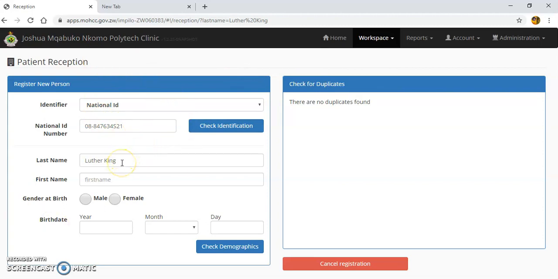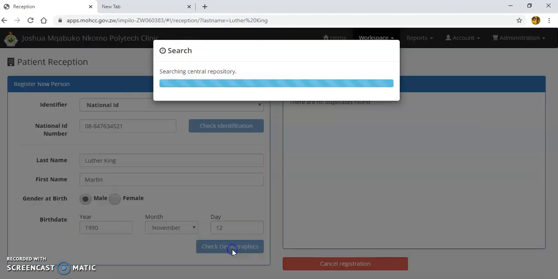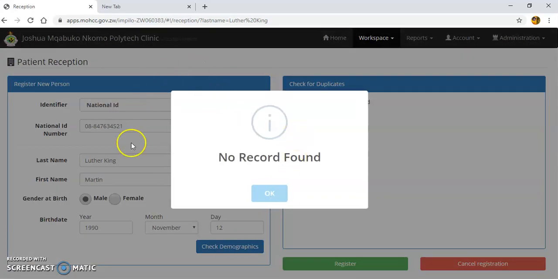So the last name is King, and the first name is Martin. So I'll enter Martin, and then I'll enter their gender at birth, then I'll enter their birth date, and I'll click here on check demographics. Again, we are ensuring that there is no record for Martin Luther King already in the system, and the system confirms that there is no such record yet. So I'll click on OK,